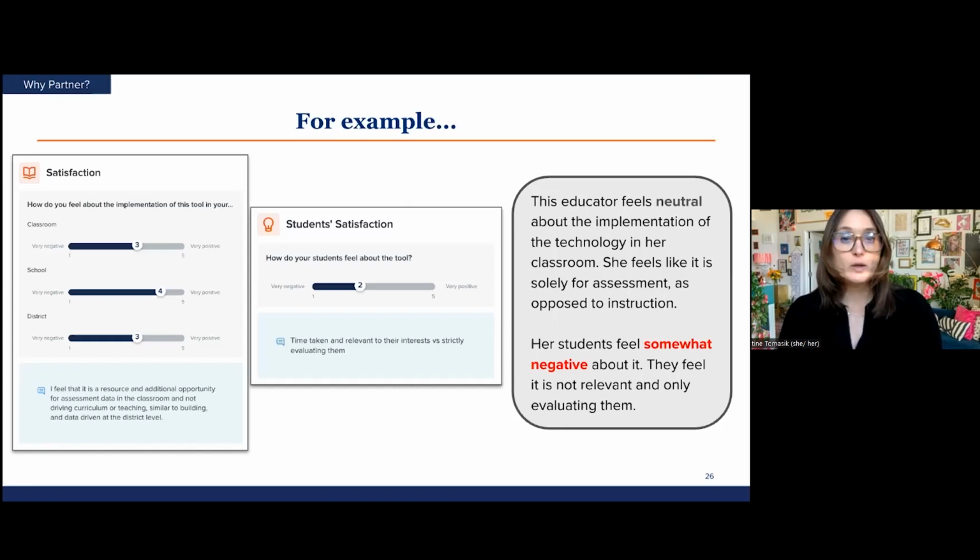The educators tell you why they gave the score they did in the open-ended response. Those responses are shown in the light blue sections towards the bottom, accompanied by the little speech bubble icon. In this example, you can read that one teacher uses the tool mostly for assessment, and that the students may not find the tool relevant and don't like it because it's used to evaluate them.